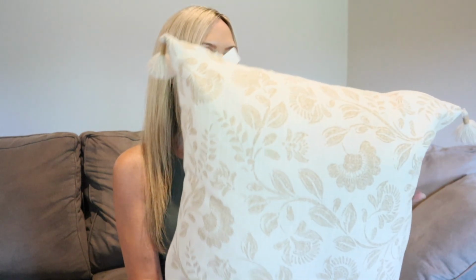So the first item that I bought is this pillow by the Threshold brand at Target, and I love this. I actually have a blue version of this that I bought earlier this year, I think around springtime, and I got this for such a good deal. It was $6.99. I'm certain this goes for $25 brand new,